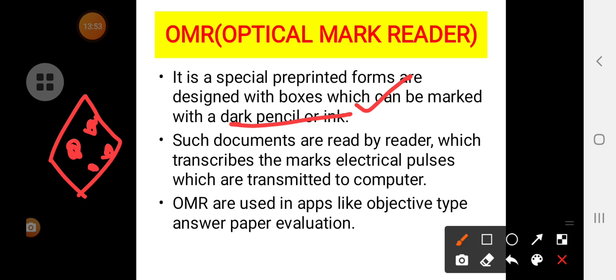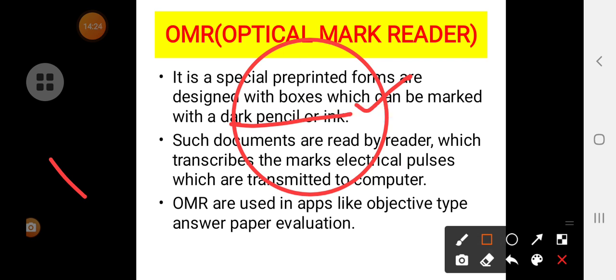Such documents are read by the reader, which transcribes the marks into electrical pulses which are transmitted to the computer. So these electrical pulses will be transferred to the computer. OMRs are used in applications like objective type answer paper evaluation. So this is the key point you have to remember.